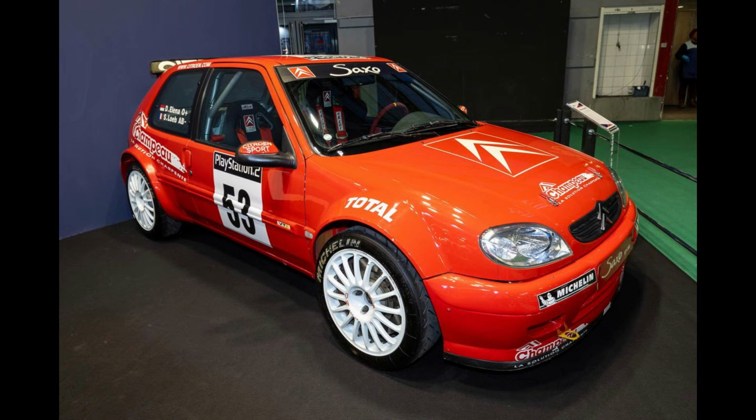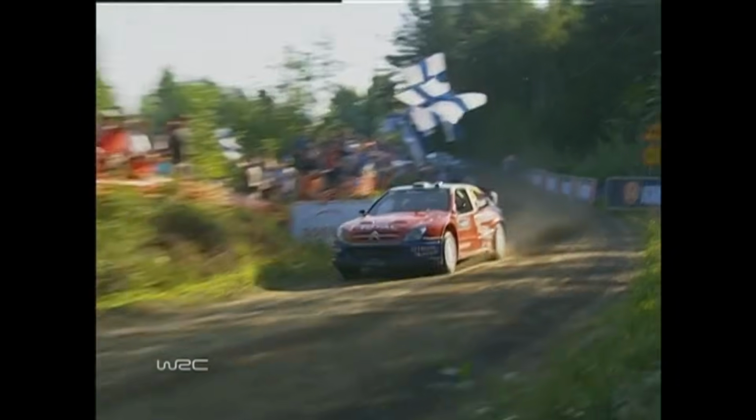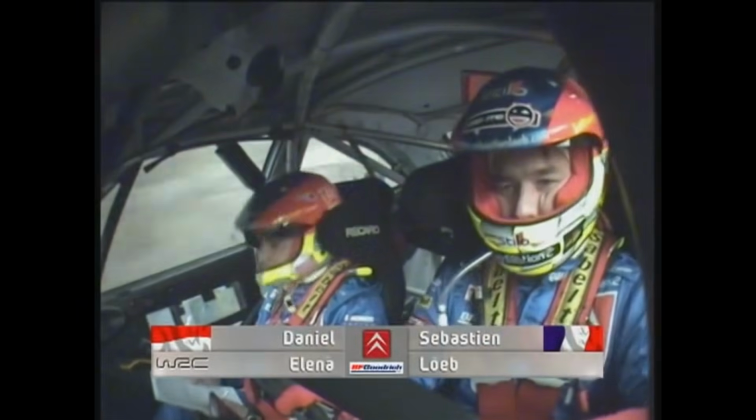But we can't leave it at that, because the BX4TC has some legacy. Citroën remained in rallying with a Visa, and then the AX, and eventually the Saxo in the lower classes, but they retained the hopes of returning to the top class of the World Championship one day. Then, in 2002, they did exactly that, producing one of the most dominant cars in the history of any motorsport ever. Fitted with active suspension and 4-wheel drive with a highly advanced active transmission system and unparalleled reliability,